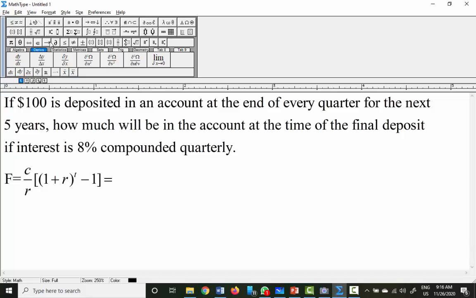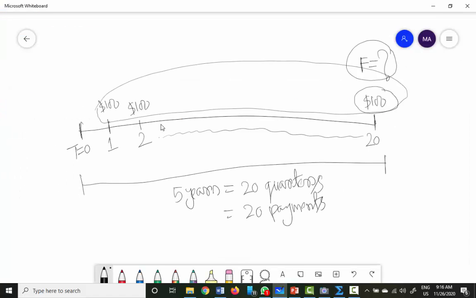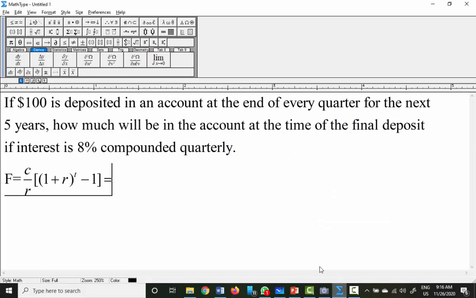Here C is the installment amount or periodic payment amount. So here $100 is the installments. So C is $100. So if you put the values there, C is $100